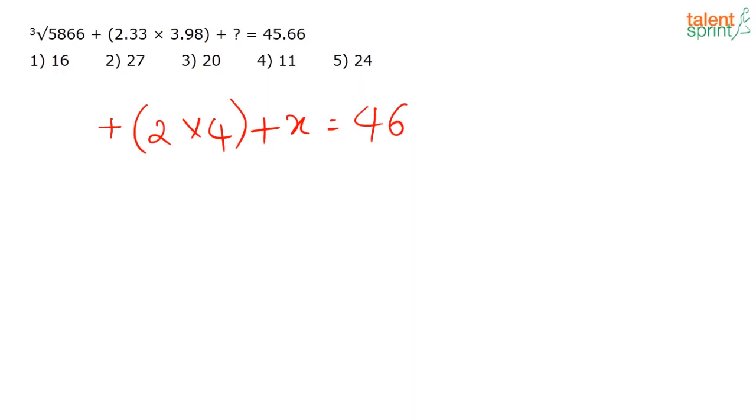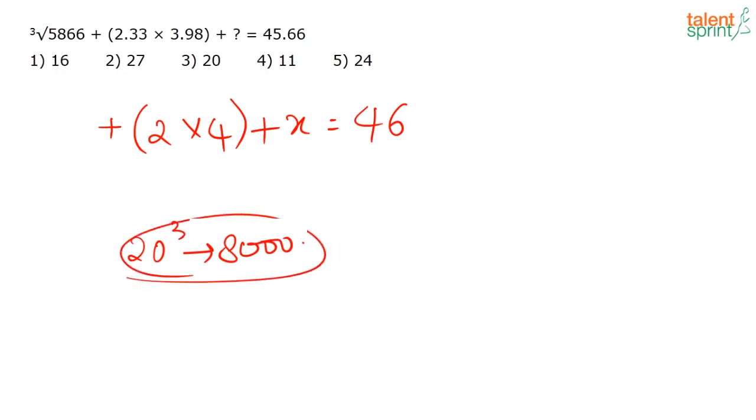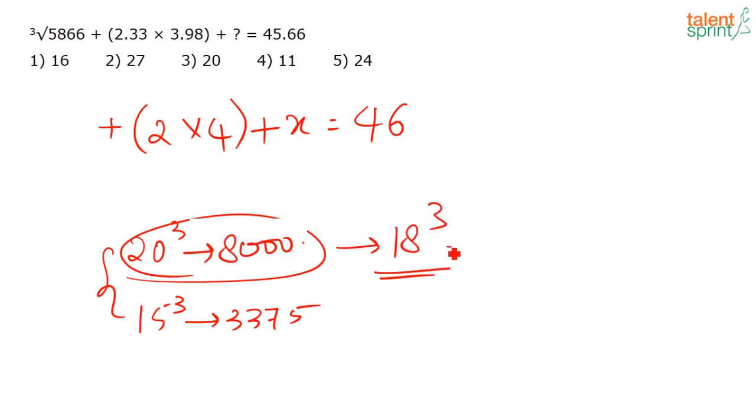Now how I am going to take up this question is, see, we know what is 20 cube, right? 20 cube is 8000. Now again you know what is 15 cube. We also know 15 cube is 3375, if I am correct. So this value 5866 is in between these two, correct? And since it is an even number, I am going to approximate it to 18 cube, and I am going to consider that 18 cube is approximately 5866. So cube root of 5866, I am going to take it as 18, correct? Yeah, I hope it's clear now.